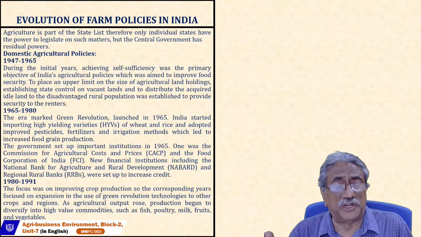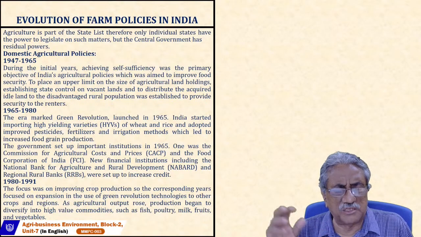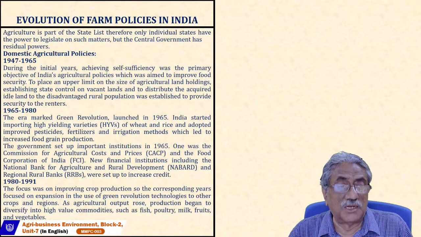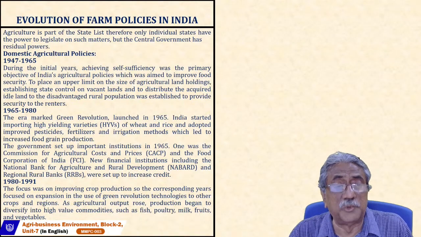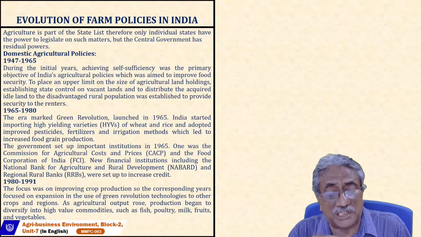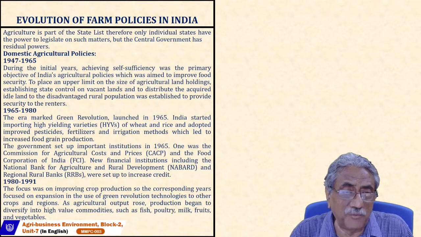Then Food Corporation of India, you have seen if you go by rail and other thing, there's a huge godowns. Food Corporation of India buy the stocks and keep it in their godown, so that when there is less crop and other thing, they can distribute it at a lower cost. Even in the urban sector, the ration is run by the FCI, stocks from FCI.